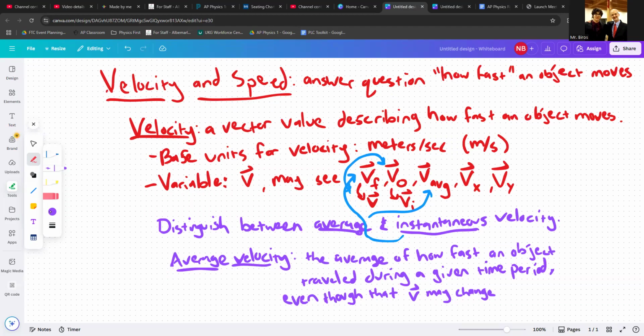but as you take your trip in your car, you're not going the same velocity the whole time. You're not even going the same direction the whole time. You got to turn on some streets, and generally you're going east. And while you're on like 64 or 250, you're probably going east most of the time. But